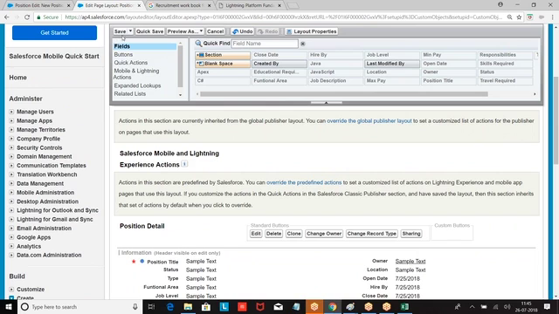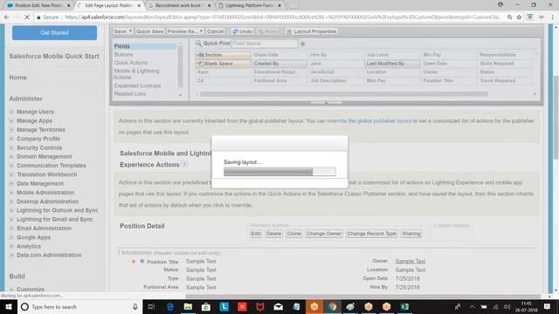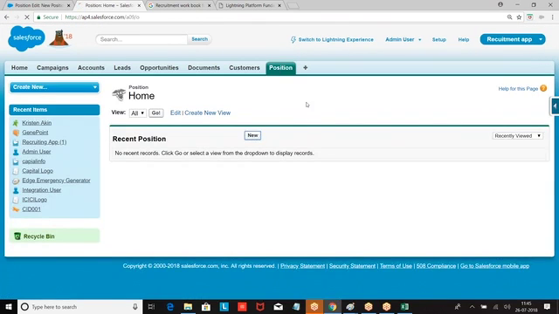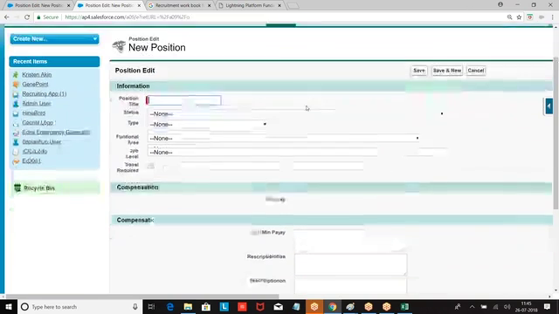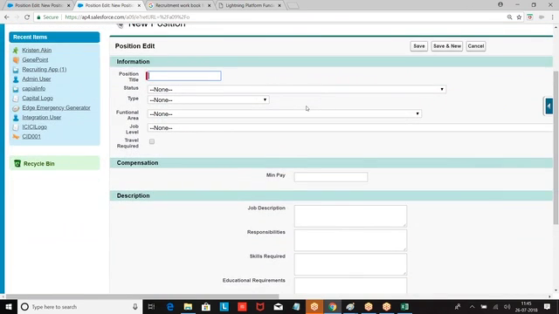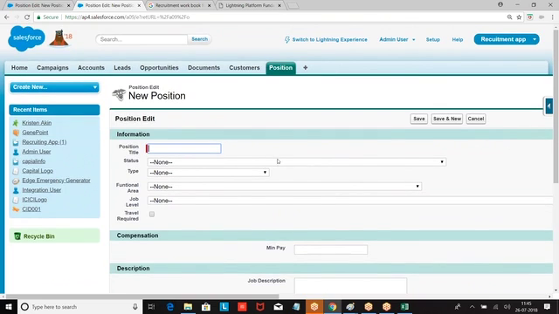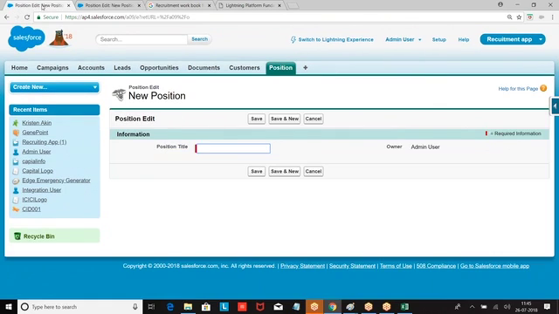Then let's see. So, right, save it. As of now, this is the format. Go back, go to the position, new. So why are we getting this error, boss? Because I have not added two columns. I have not added two columns. So what should I do?